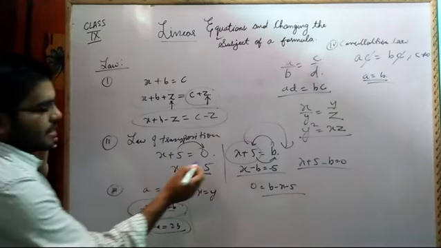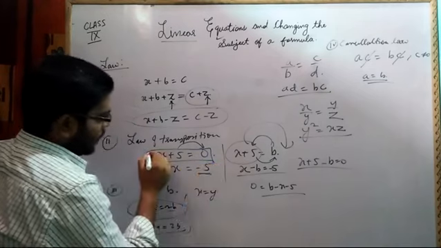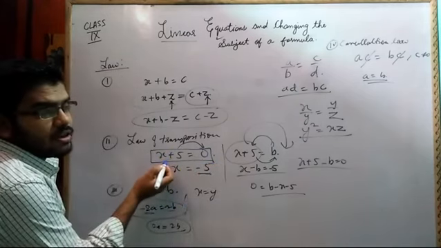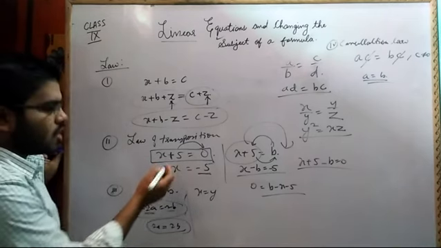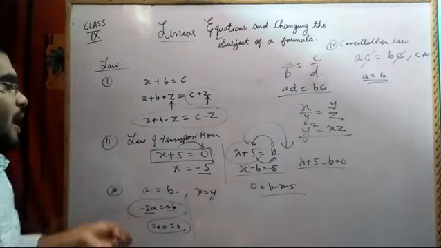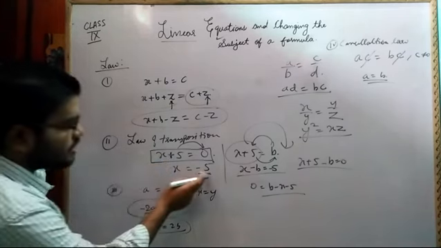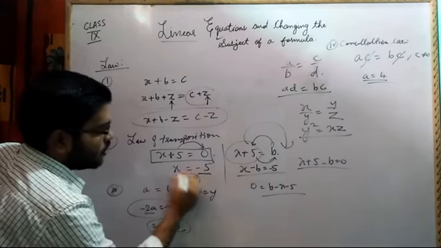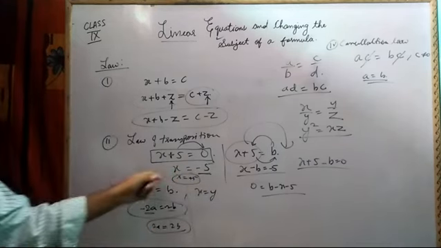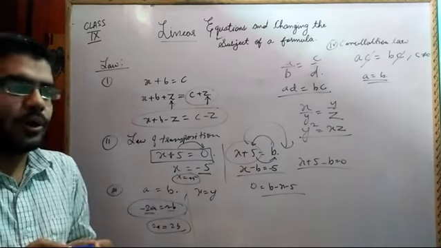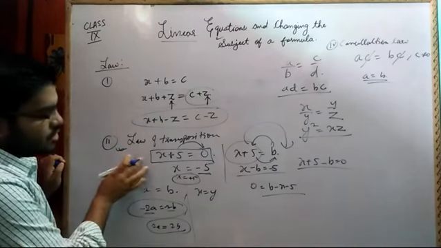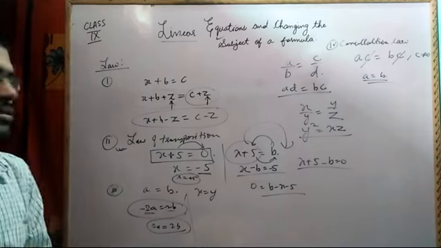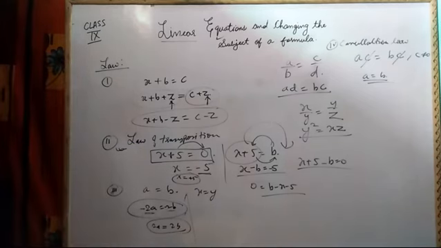Only I find that most of the students find problems in transposing the numbers, transposing the variables. Generally they forget. It is not that they don't know, they know, but because of silly mistakes they misunderstand. Instead of writing -5, they will write x is equal to +5 only. They forget about changing the sign. This is the problem that I have seen in most of the students, so I am mostly emphasizing transposition. You have to see this transposition properly, and then obviously I will be discussing some numerical problems which will clear your doubts if you have any.